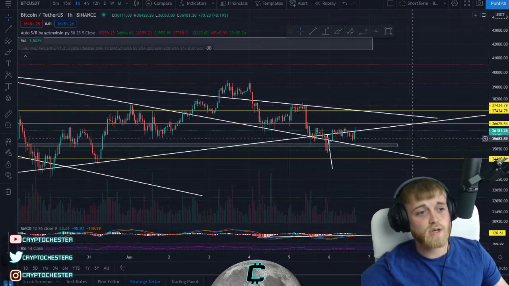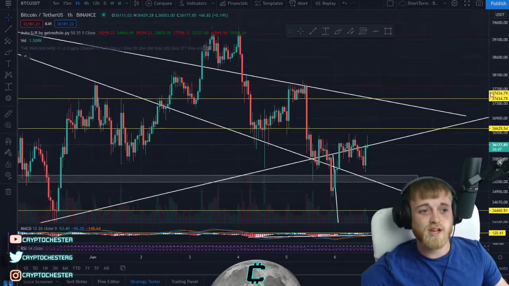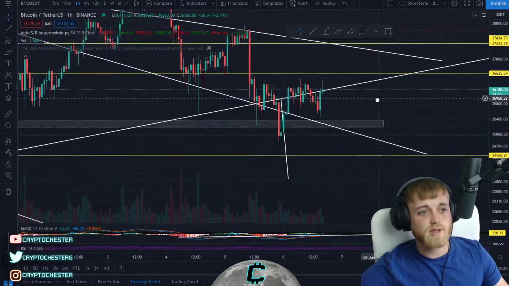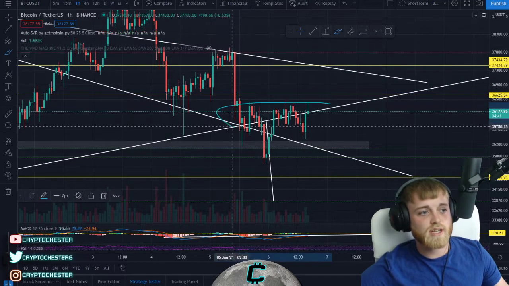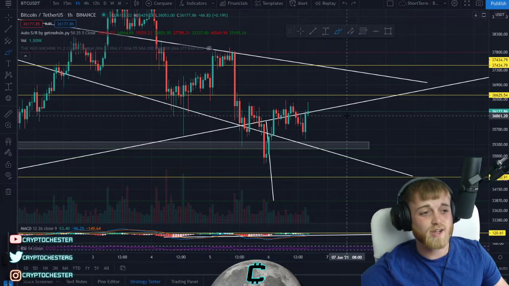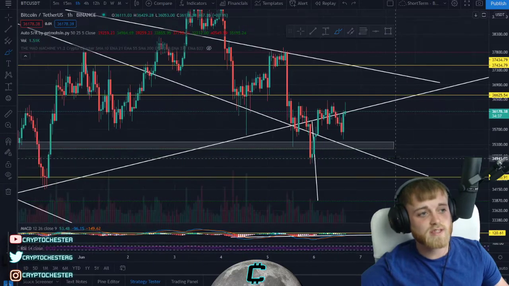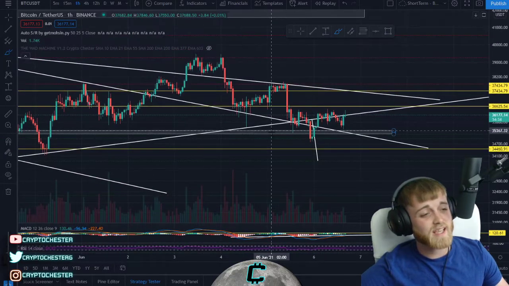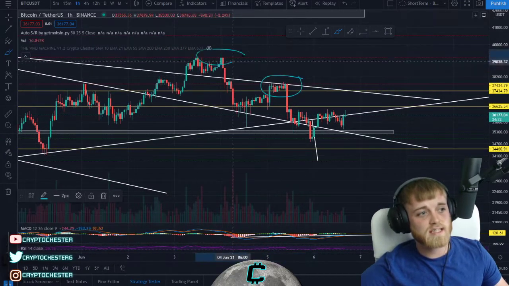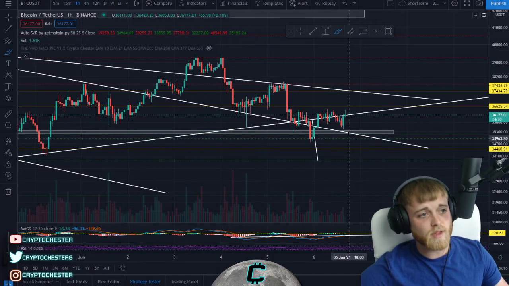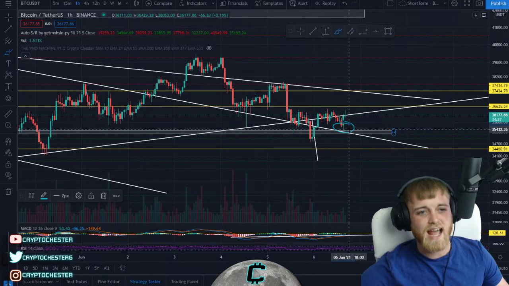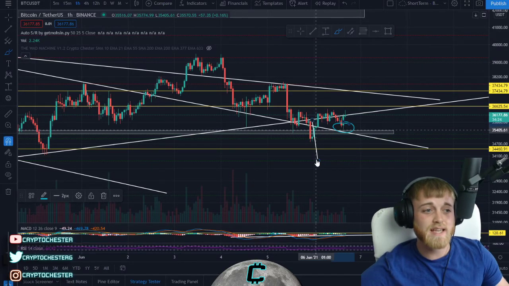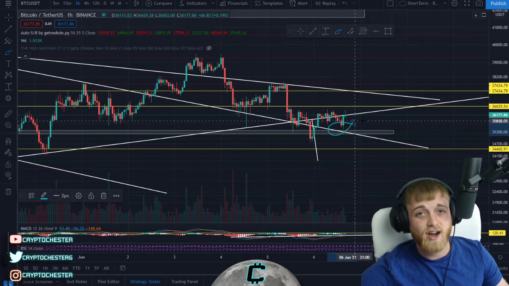And yes, at this point in time, we are testing the lower side of this symmetrical triangle. Hopefully, we can find a level of support here. But as you can see, this consolidationary period is basically holding us up right now. If I do see us going down any lower, which to be honest, it's not great because obviously we are setting these lower highs continuously. But on the plus side, we have seen a swift rejection coming off this grey box zone near enough at around that 35,400 zone. So basically, that is a higher low that's been set, right?